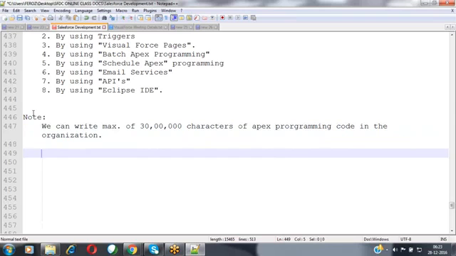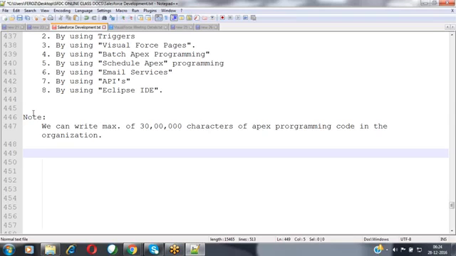When you combine all these Apex classes' code, the number of characters should not cross 30 lakhs. If it reaches 30 lakhs characters, Salesforce will not allow you to write more code, because you have already reached the maximum. This question is very, very important. This is one of the certification questions.